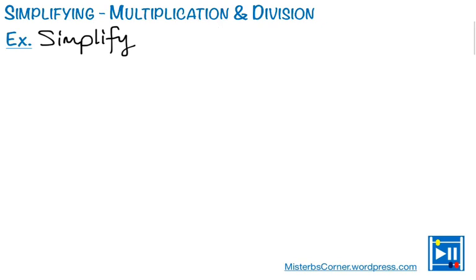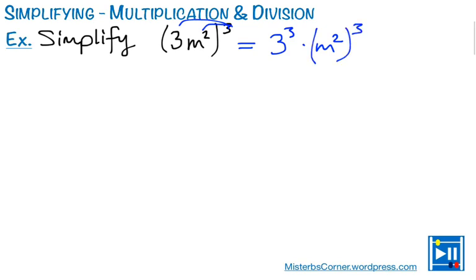One last example. If you have brackets squared, and if you have more than one term inside the brackets, remember that it's going to be distributed here. I'm talking about the 3 outside the brackets. So you should be considering 3 cubed times m squared cubed, all right? So this will be 27 m to the power of, remember now that the power of power means you multiply the powers, so it's going to be m to the power of 6, because 2 times 3 is 6, but